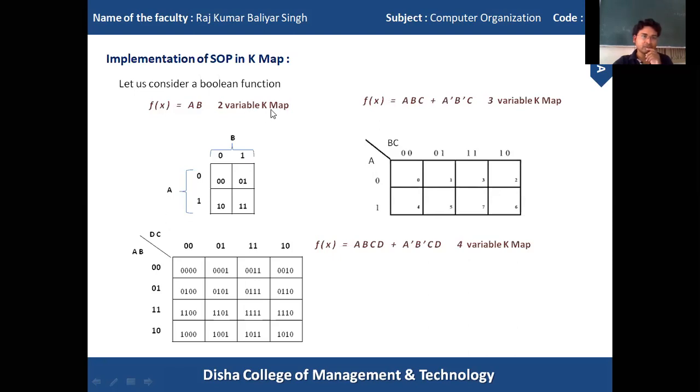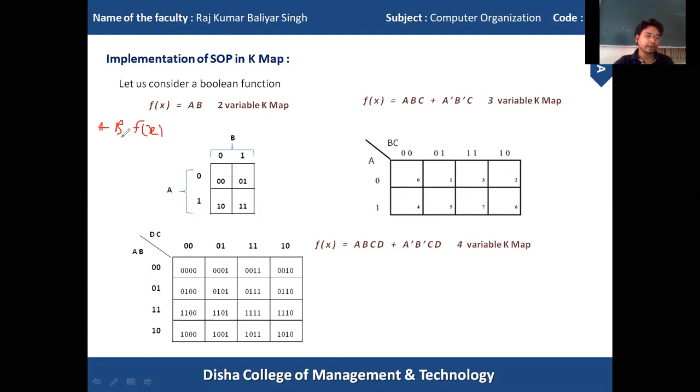Why is it called a two variable Kmap, or why do we implement this Boolean function in a two variable Kmap? Because this Boolean function is formed with two variables, a and b. Just see, I have a variable a and another variable b. When I use a b as an input, I will get some function value, f of x.